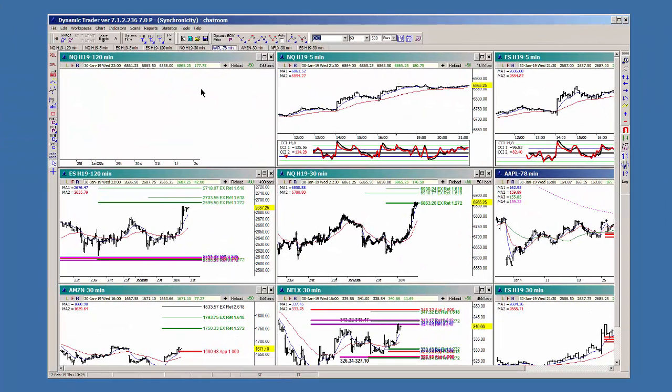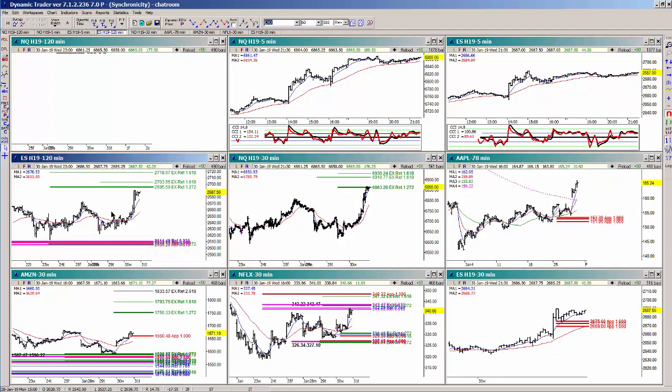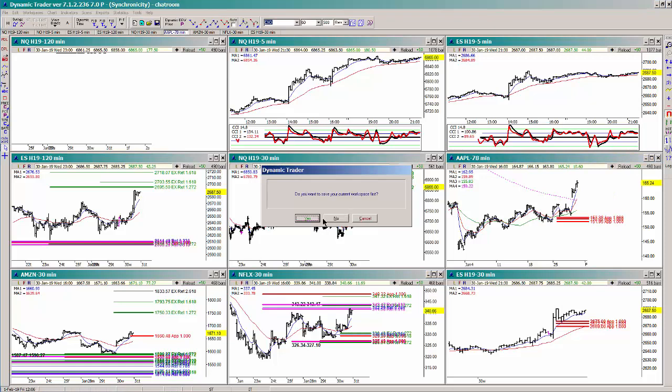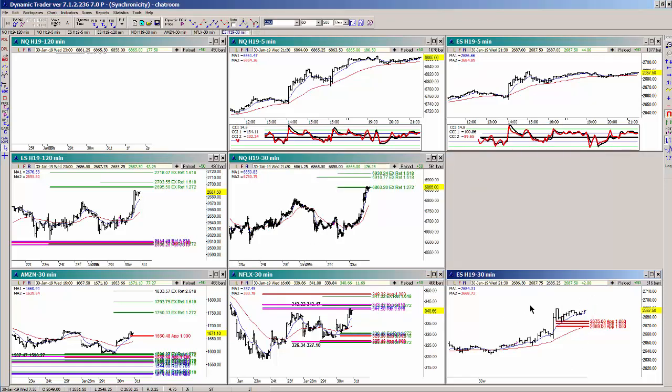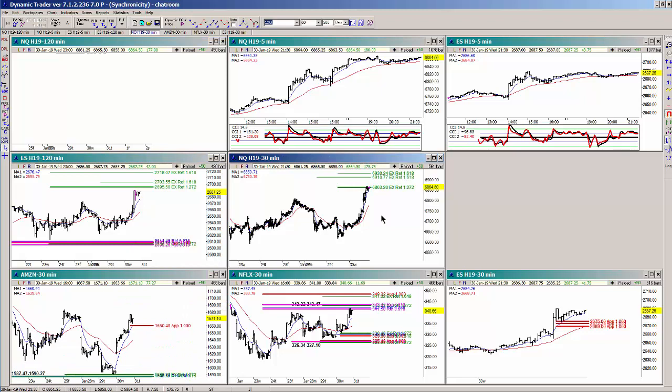Okay, so I'm actually going to get rid of some of these. So let's see, I've got to get rid of, anyway, yeah, I'm going to get rid of that Apple chart, and I was using the 30-minute chart today. Amazon, I have to get it to where these are all showing correctly. Yeah, anyway, I'll mess with that later. But okay, so I'm going to, yeah, I did the